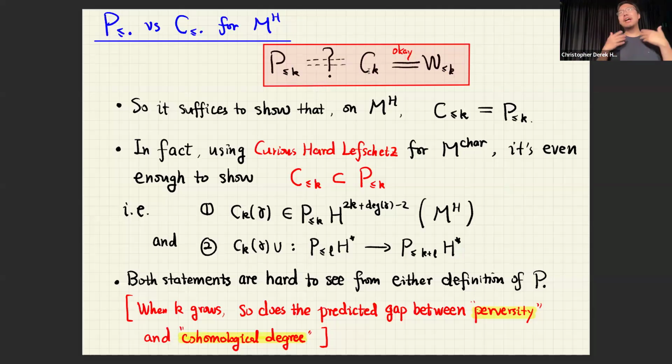You see that the tautological classes on the moduli of Higgs bundles interact well with the topology of the Lagrangian fibration. So it suffices to prove this. In fact, because we already know the curious hard Lefschetz for the character variety, both filtrations satisfy the same Lefschetz symmetry. So in order to match them, it suffices to show that one is contained in the other, because this is a numerical exercise. If you have two filtrations and one is contained in the other, and the containment is strict, it cannot happen that both filtrations satisfy the Lefschetz symmetry. So the mission is the first.